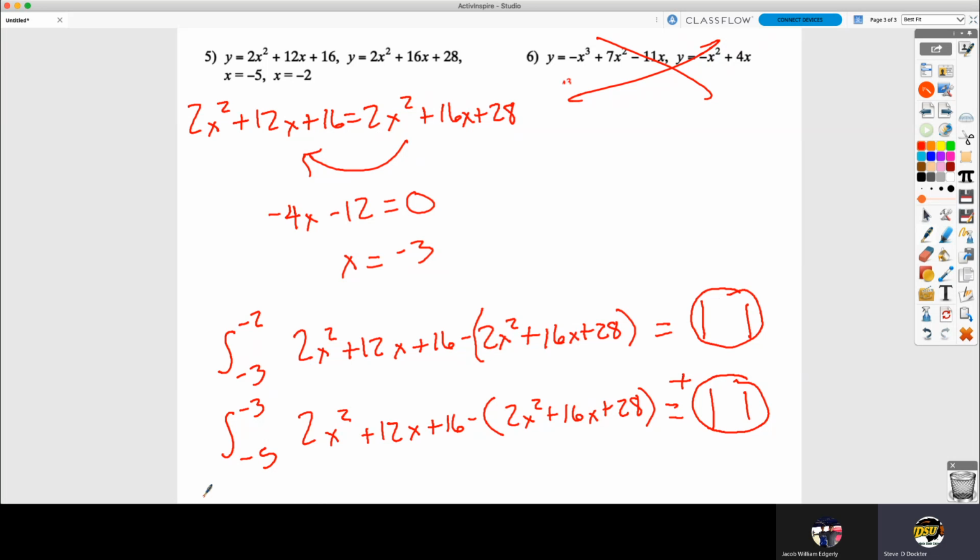So inside the integrals, we always subtract. When we try and find the area of the two integrals, we're going to add the two of them together. And that's always the case. That process does not change at all. Any questions for me? So I was nice and quick today. I did review with you guys, like I said, to make sure that we are ready for